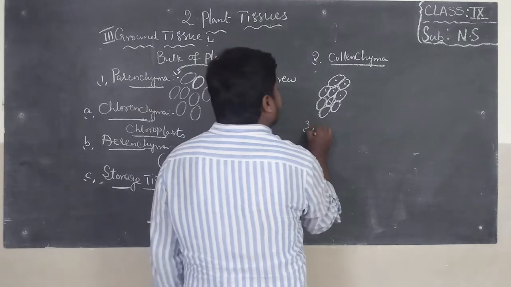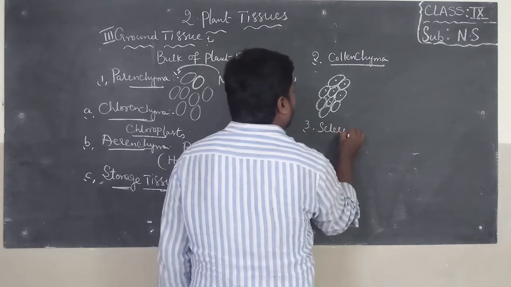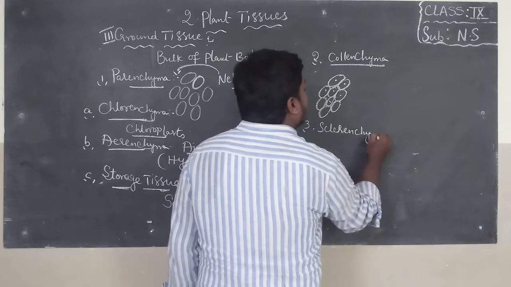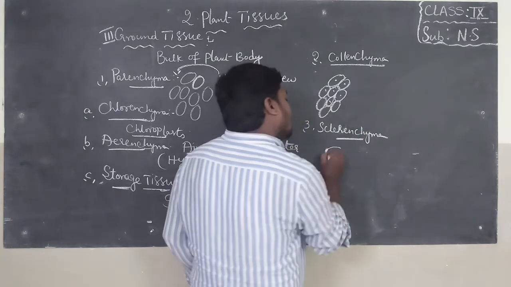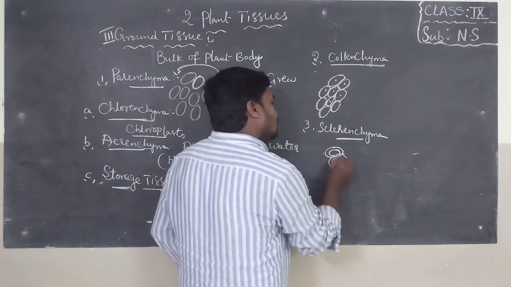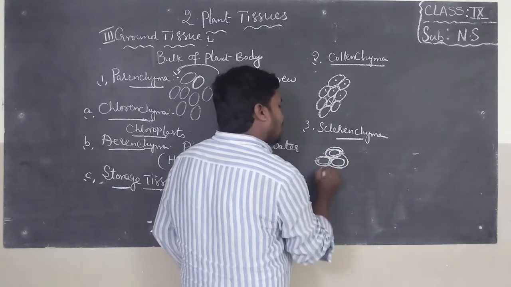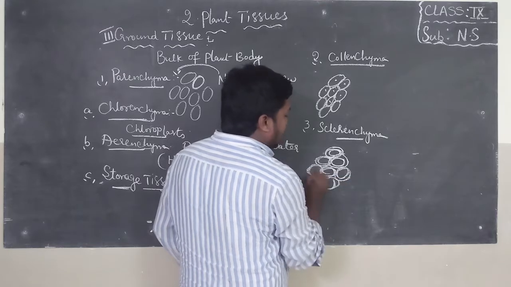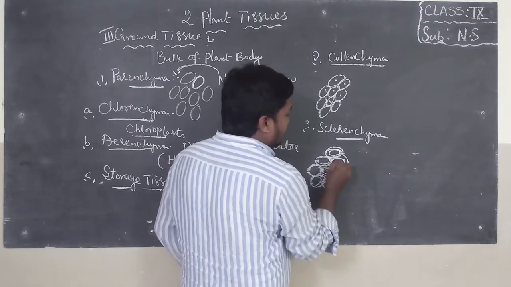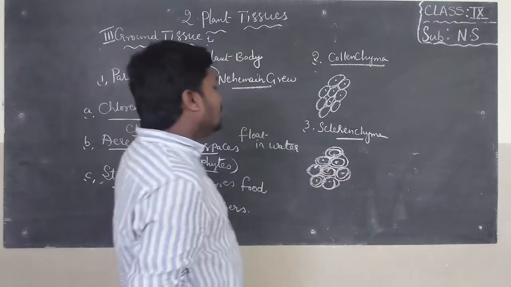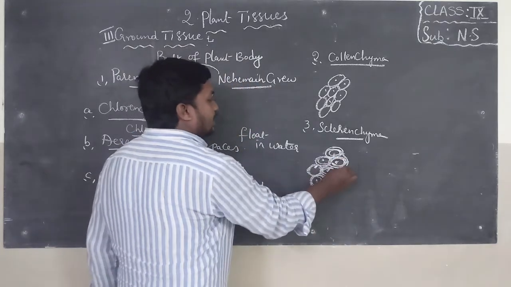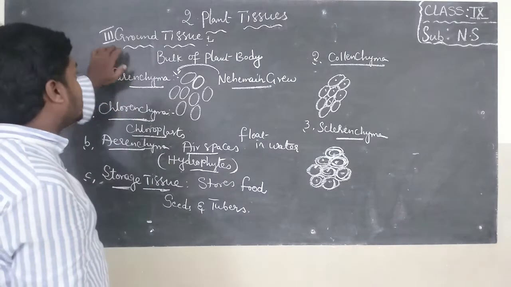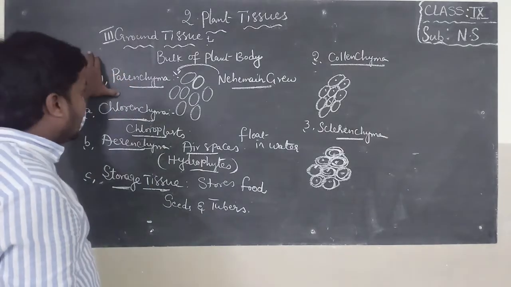Next one is sclerenchyma. This sclerenchyma also has thick cell walls compared to collenchyma. Cells are tightly packed. So this is sclerenchyma. If you observe here, we learn three types of tissues in ground tissue: parenchyma,